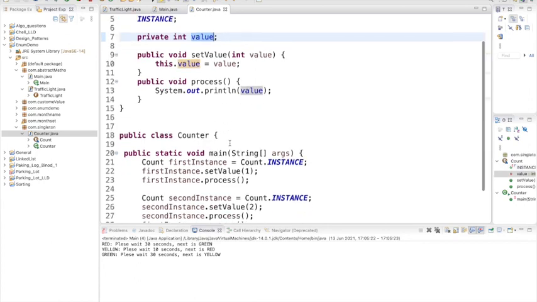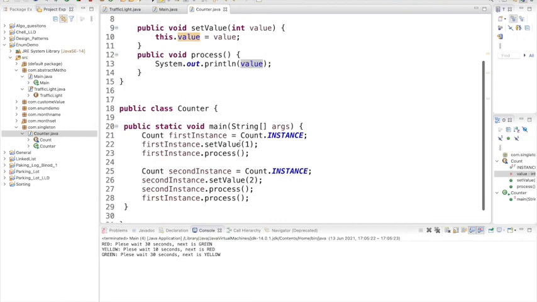Simple method. So what I will do here is call the constant instance, right? Instance becomes static, and it will give the object of that enum. We got the first instance. Let me create two instances, and I will show that all the instances give a single value, not multiple values. First we create a single instance, I set the value 1, and I execute the process. Obviously this will show the value 1.